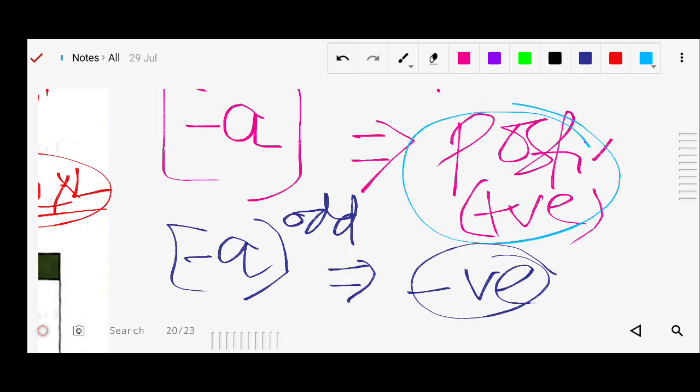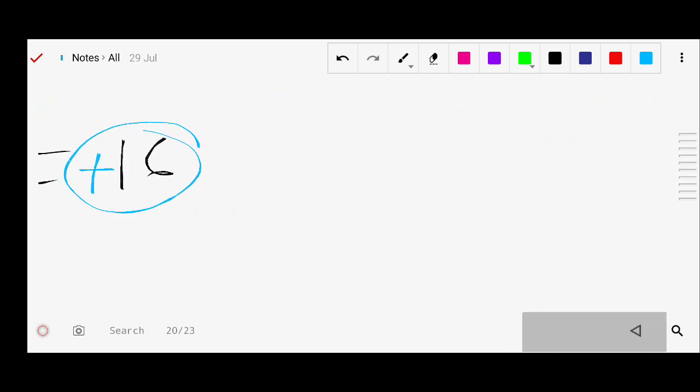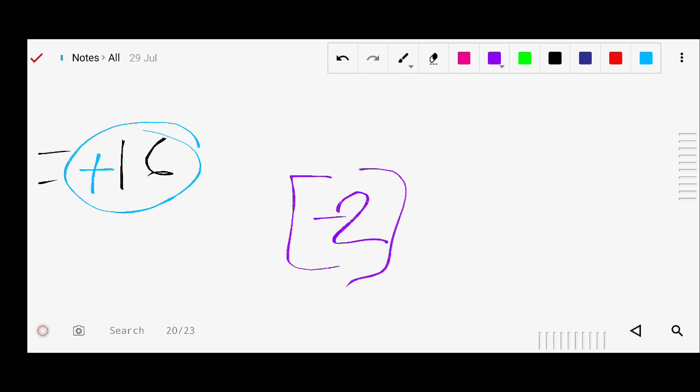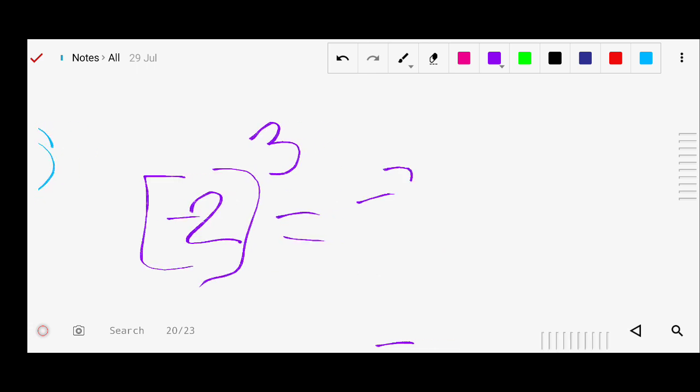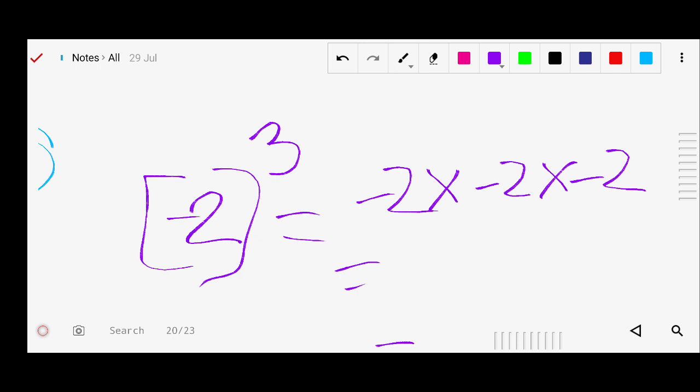Always positive, right? So the second case, as you can see what I say right here, odd, and its answer is negative. So we'll see this with another example. Let it be 2, again the same number. I have the same base, I have taken minus 2, but here I have written 3. So now how many times?